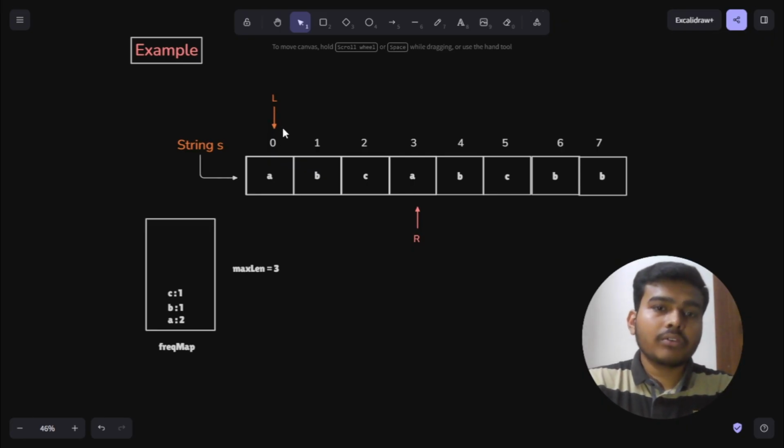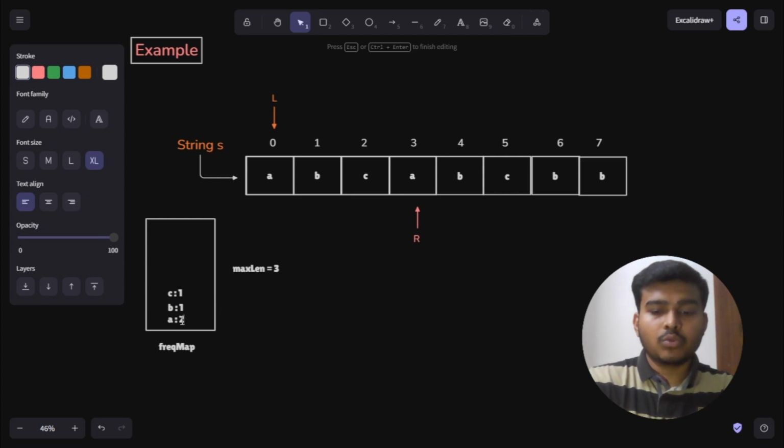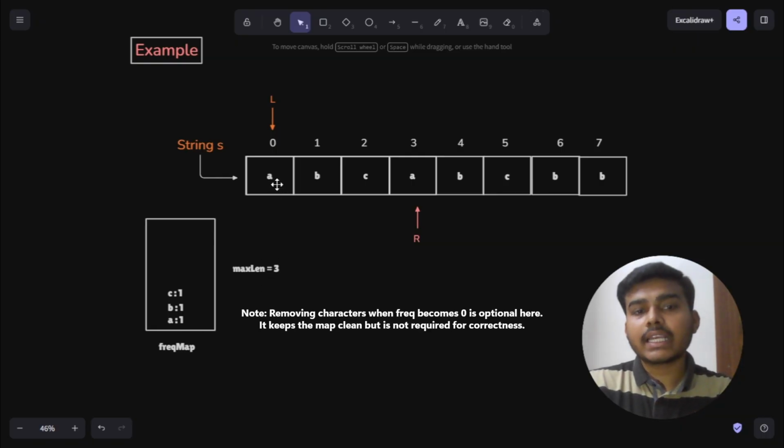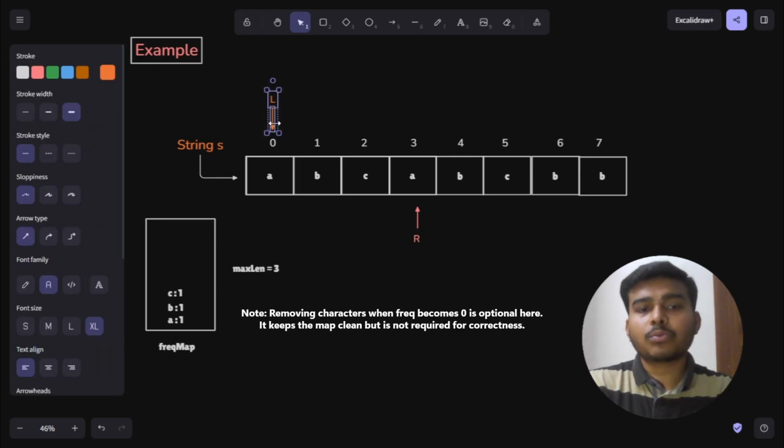So while shrinking, one occurrence of this character will be deleted, or we can say removed from the frequency map or from the window. So once it is deleted, this one occurrence of A will be removed. We have removed one occurrence of this particular character from the frequency map, and now we will have to check, for whatever character the left pointer is pointing at, if its frequency is 0. Then in that case, we will have to remove that particular character from the window or from the map. So right now this character's frequency is 1, so therefore we can just take this left pointer and move